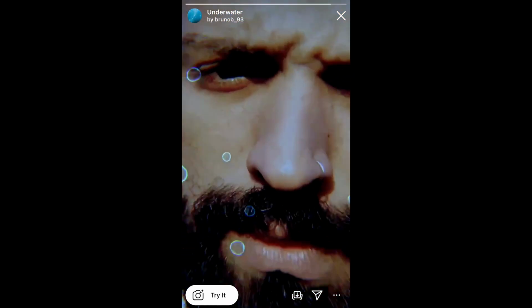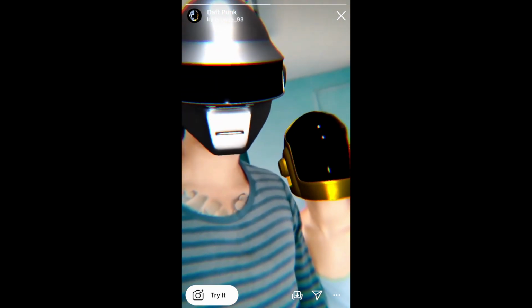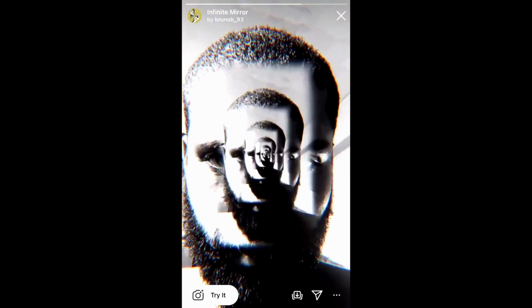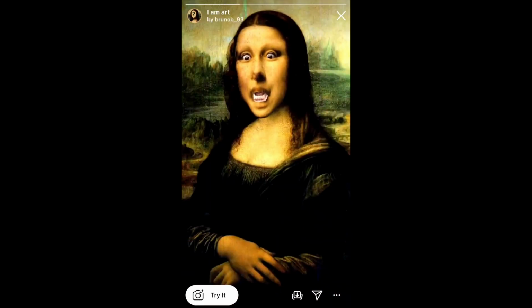There's a Daft Punk filter made for Two Faces that's pretty cool, and an infinite mirror that reminds me of the White Stripes' Seven Nation Army music video. The Mona Lisa face replacement is a fun meme, and the fire effect on the hand, although recently added as a default template in the software,